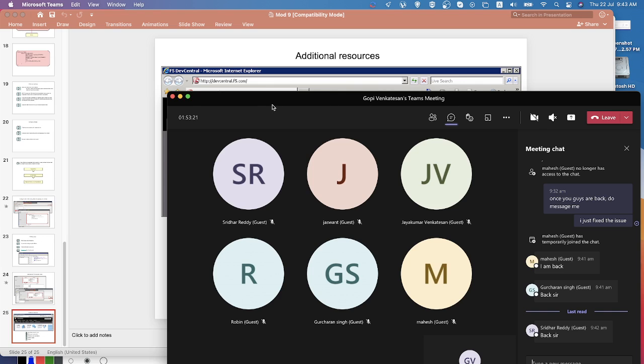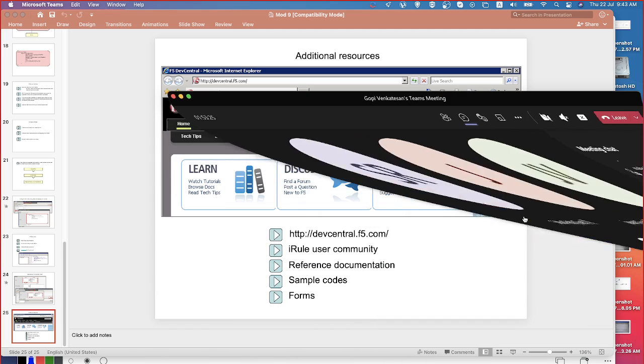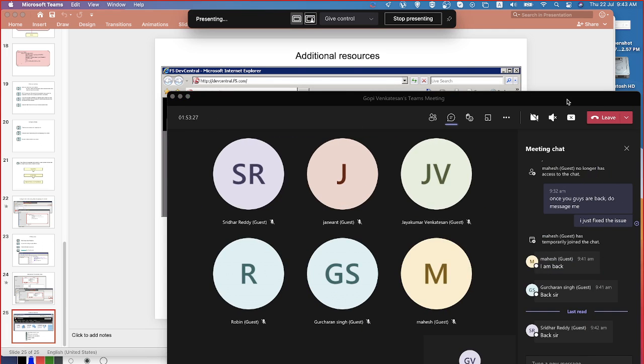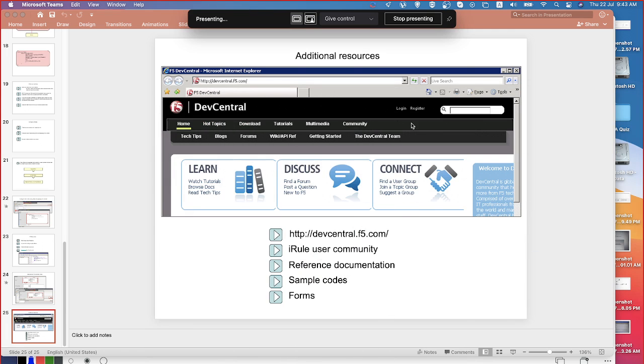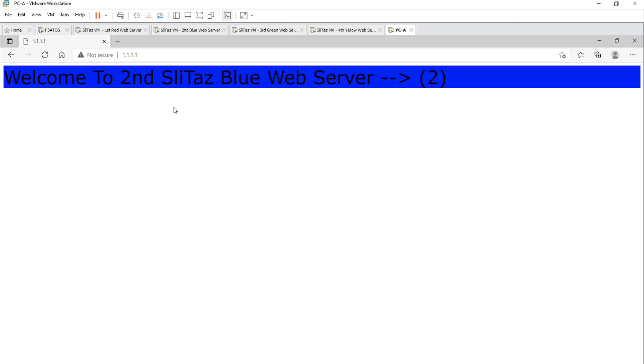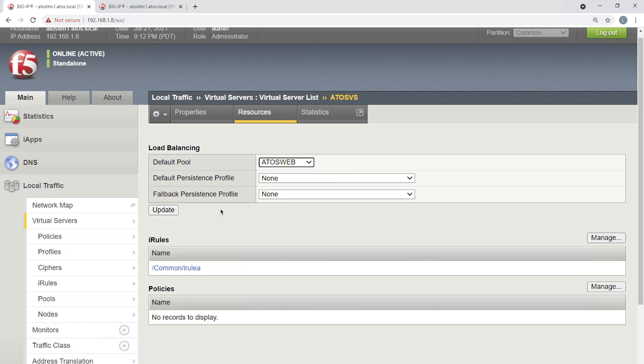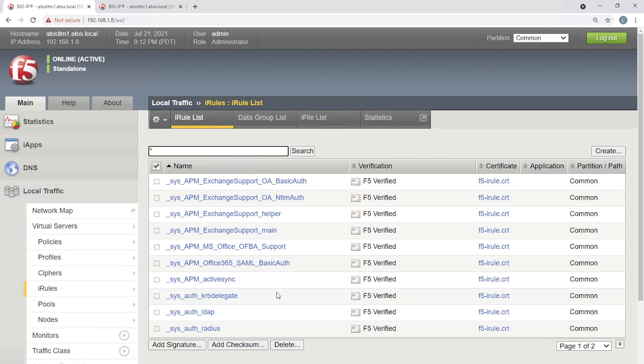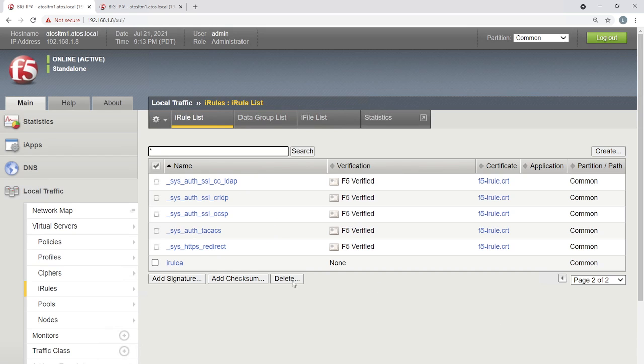Okay, fine then. So let me share my screen once again. Have a look at it. So what I have done is fix a few small spelling mistakes and the syntax, the positioning of the keys. Now you can see that I just created the iRule. You can see that it has accepted.